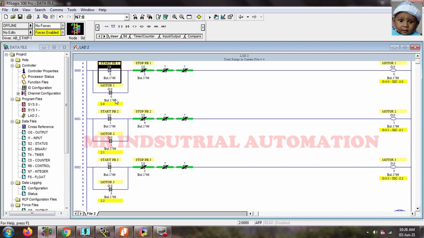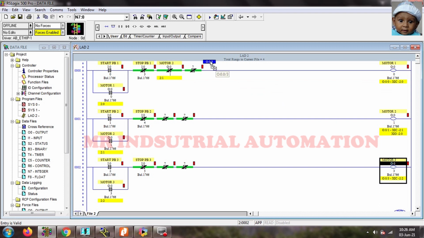Okay, now the main motive of doing this project or programming is to make the interlocking. So you can see I have taken 3 inputs and 3 outputs, and whenever one input is on, I need that if motor 1 is on, motors 2 and 3 should stop.